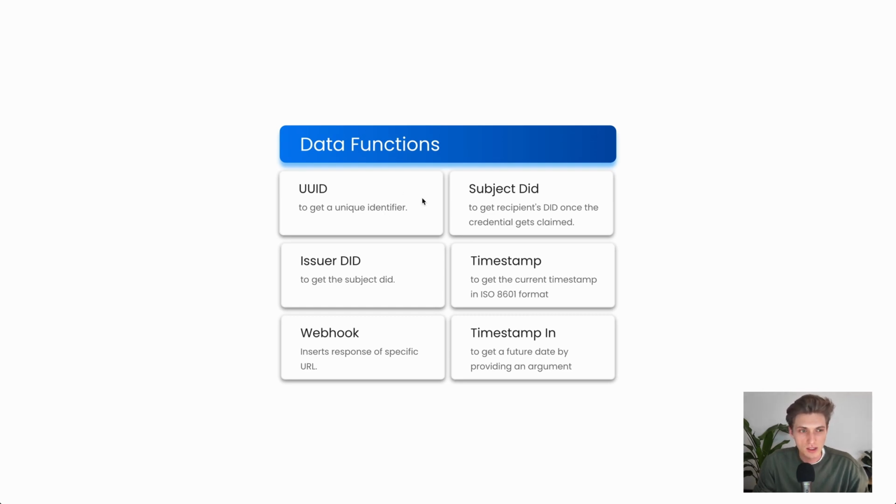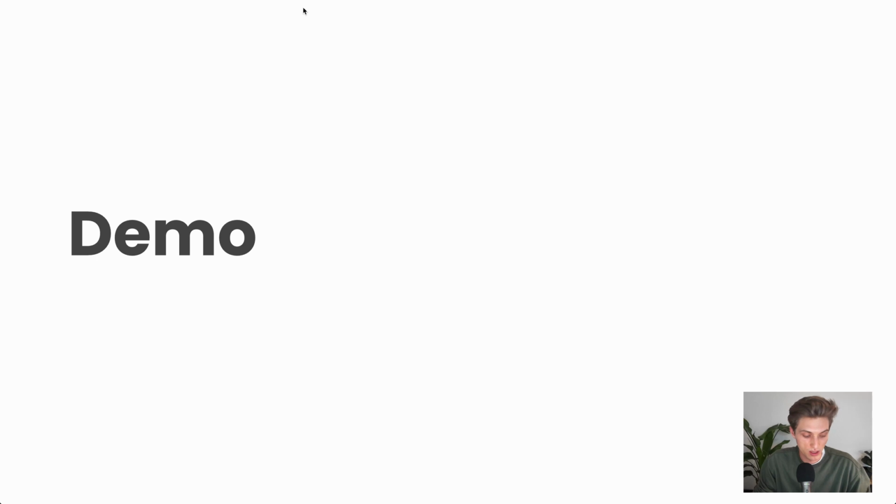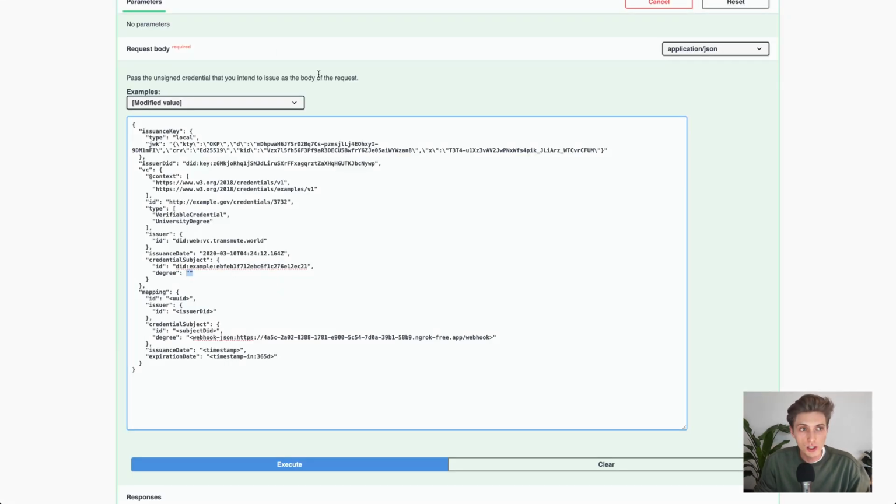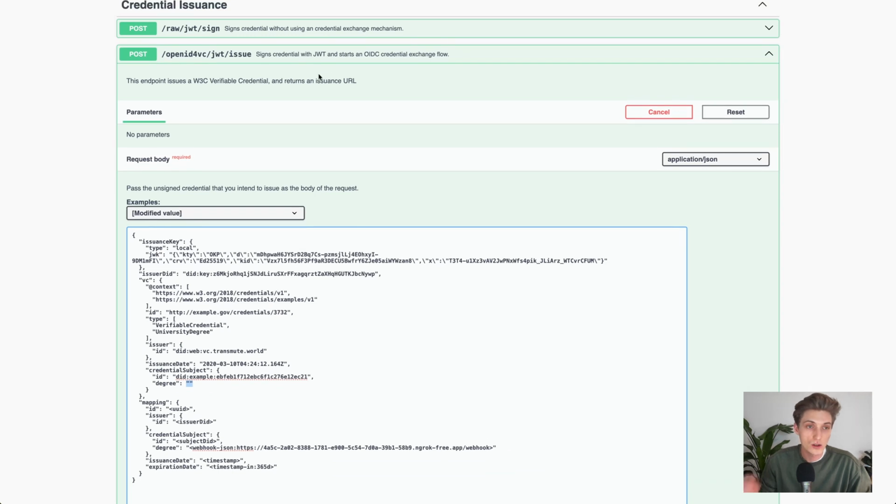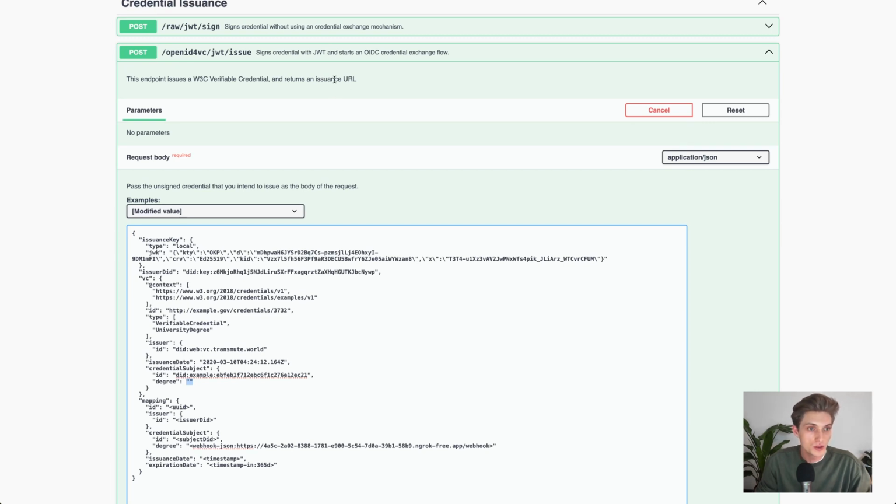Let's now have a look at how this whole thing looks in action. And already here I have my issuer up and running. I also will provide a link in the description so you can check that out and start your issue API on your server. So what we will do, we use this OpenID for VC short issue endpoint, where we in